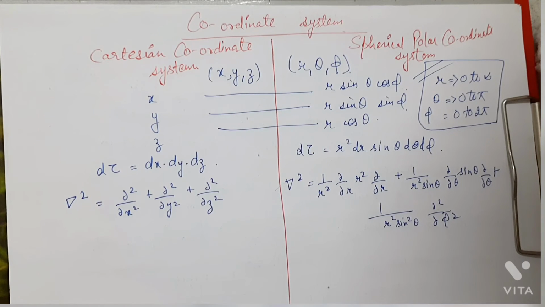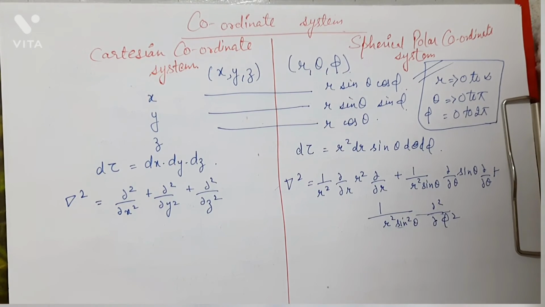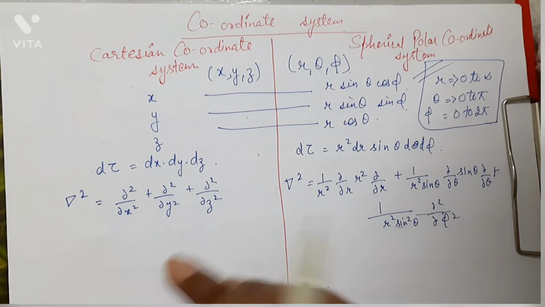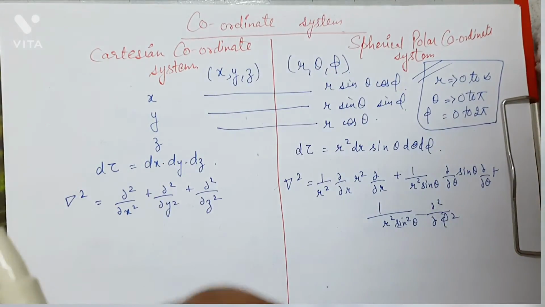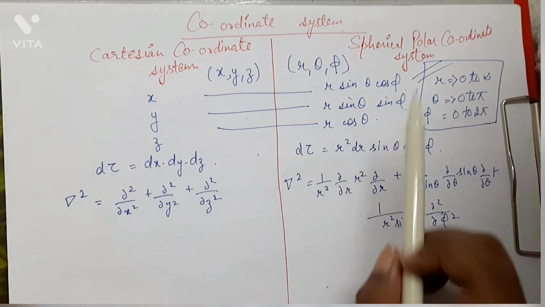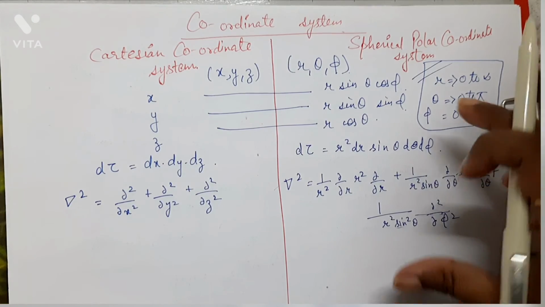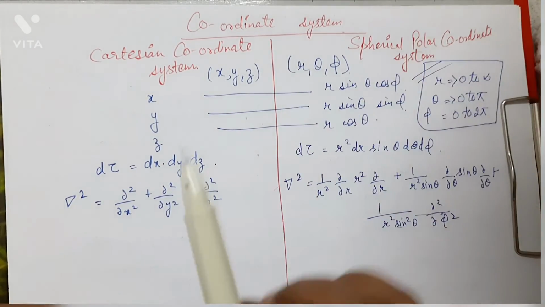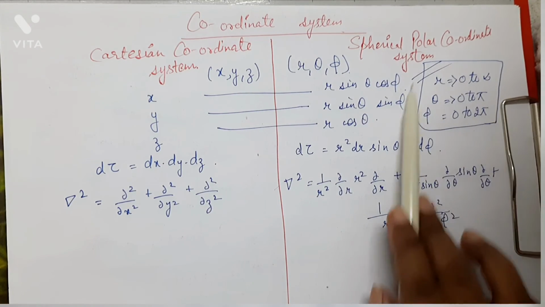Whatever you have to remember, I have put into a box in the previous slide. So right now you need not remember anything here. I'm just showing you that in the Cartesian coordinate system we used to have these things, whereas in the spherical polar coordinate system, which we are going to use in case of hydrogen atoms, you should be familiar with these things. Instead of xyz we are going to use these variables, and we are going to use these limits, right?